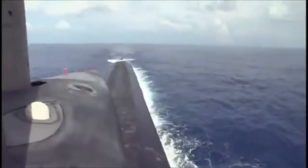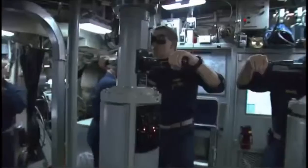Their crews call them boomers, and at 560 feet, the nuclear-powered USS Rhode Island is among the U.S. Navy's fleet ballistic missile subs on watch. From the outside world, they strive for stealth and surprise, while inside, the world of the Rhode Island